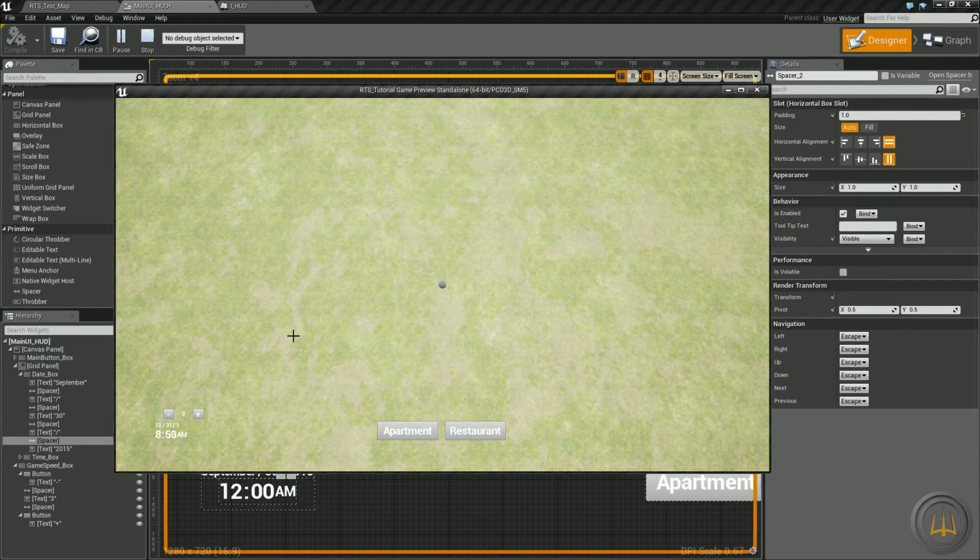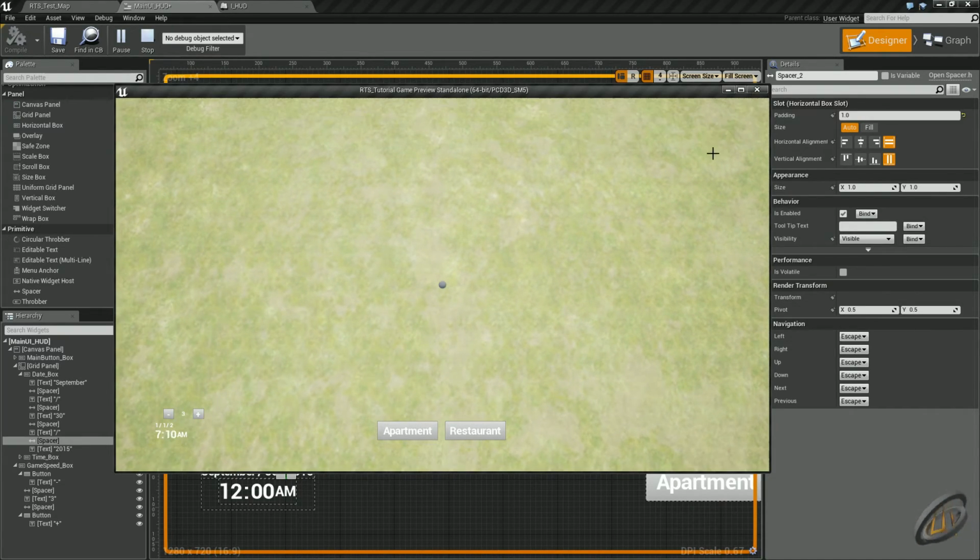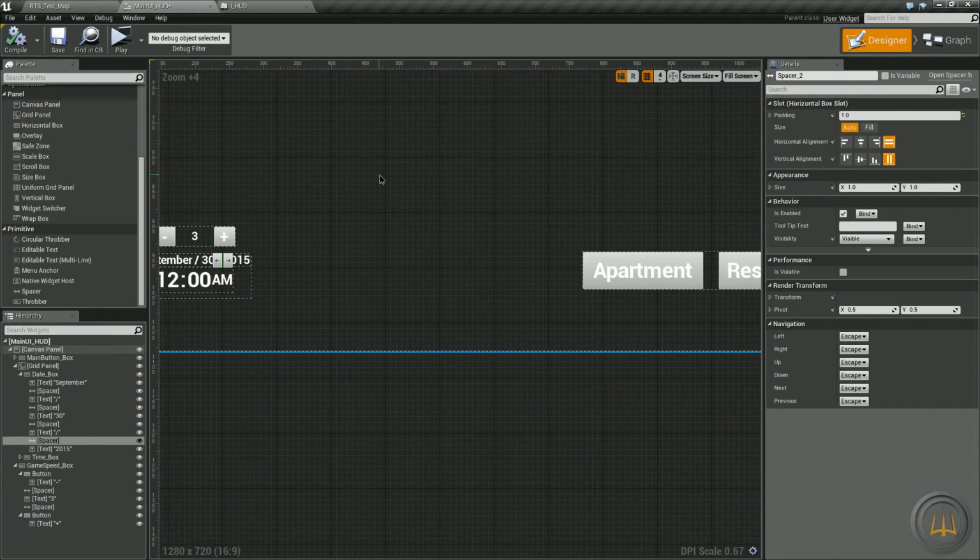And it didn't flip over. Why didn't it flip over? Let's watch that one more time. There it goes. That was weird. It didn't flip over. Anyways,